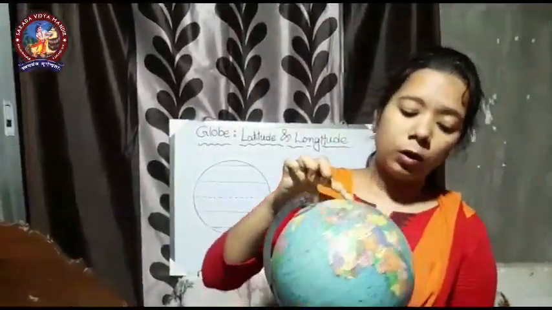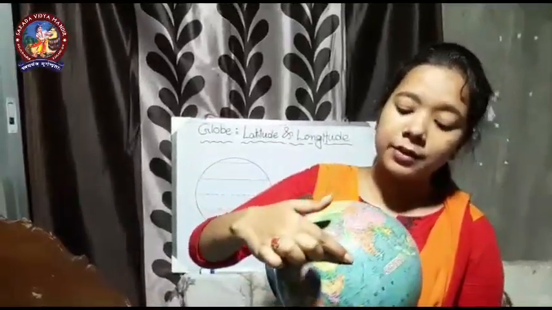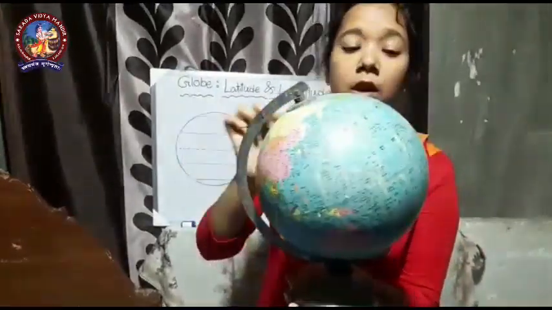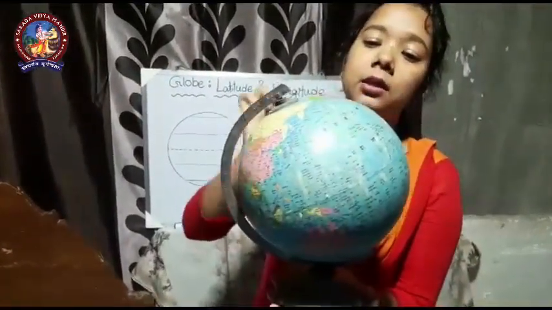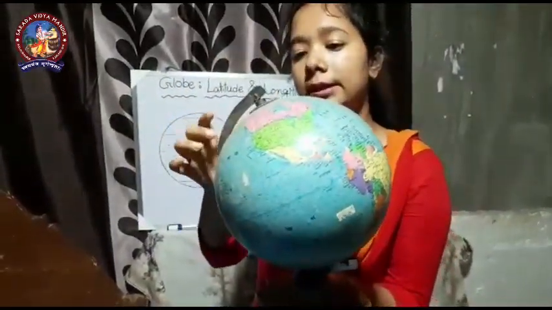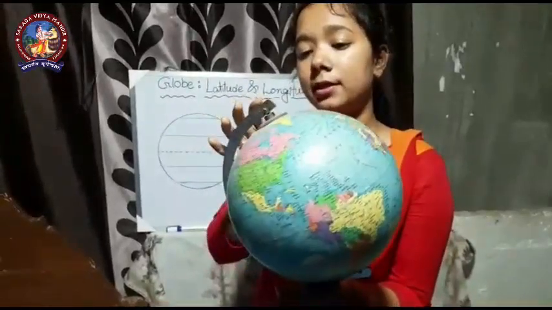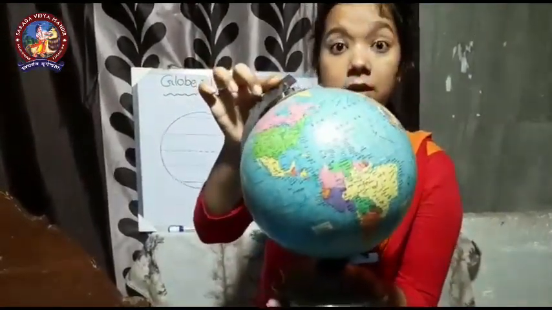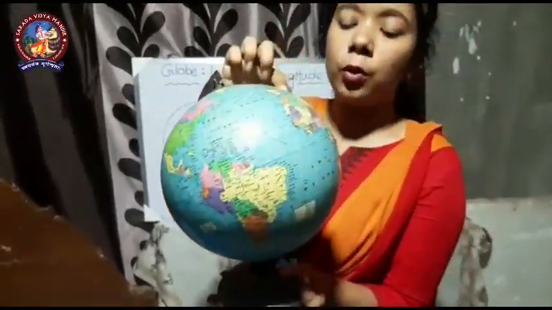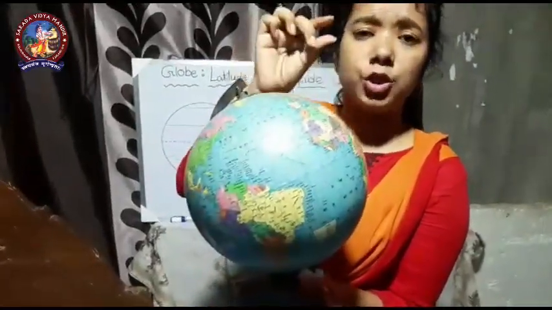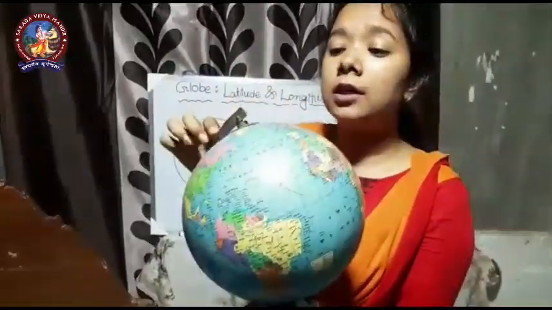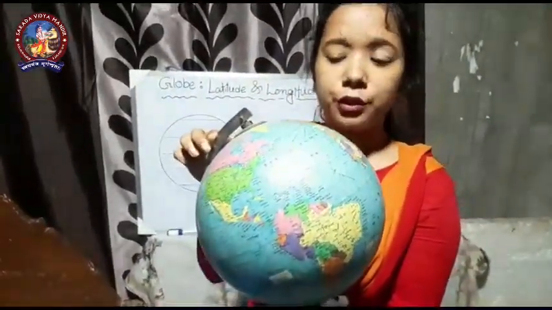See here, all the continents, oceans, everything is marked over here like the Earth. Here you can see the various continents, oceans. However, the Earth is there, it's reflected here. It has two poles as the Earth used to have, North Pole and South Pole. On the globe, we used to find out the very short distance from one place to another.